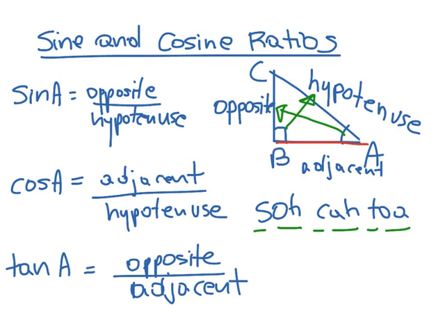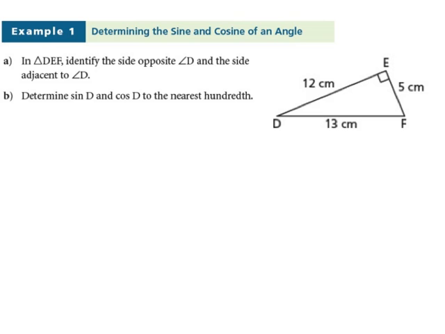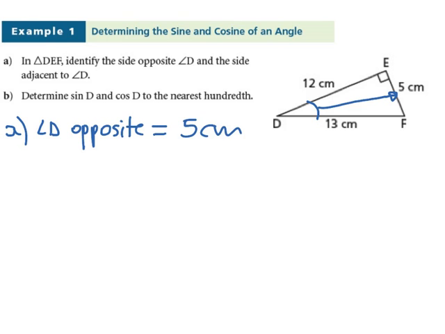In the given triangle DEF, identify the side opposite of angle D and the side adjacent to D. So let's take a look at the angle D. It's situated right here. The opposite side is the side that's always being looked at from angle D. So for angle D, the opposite side is equal to 5 centimeters, while the adjacent side